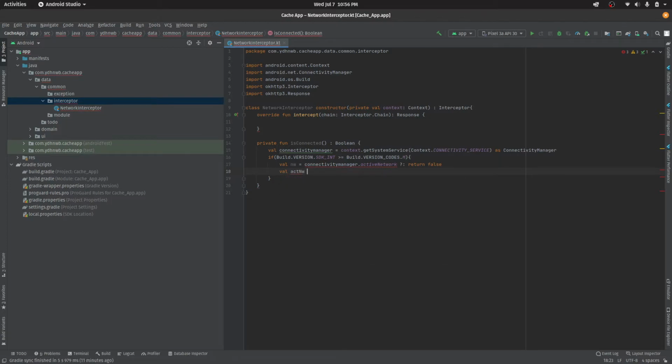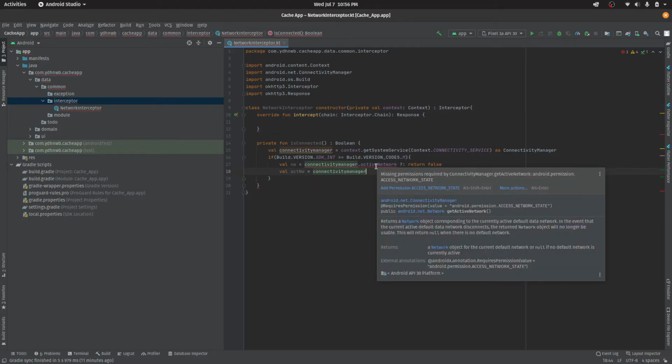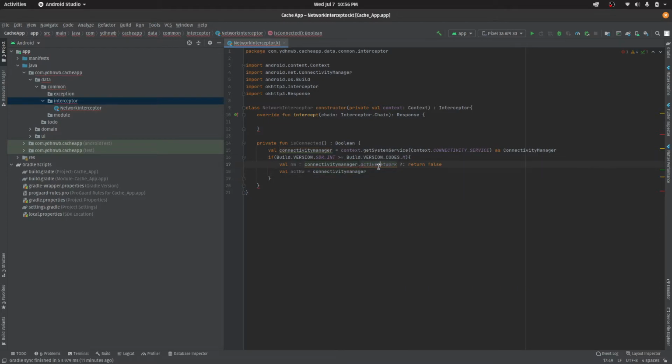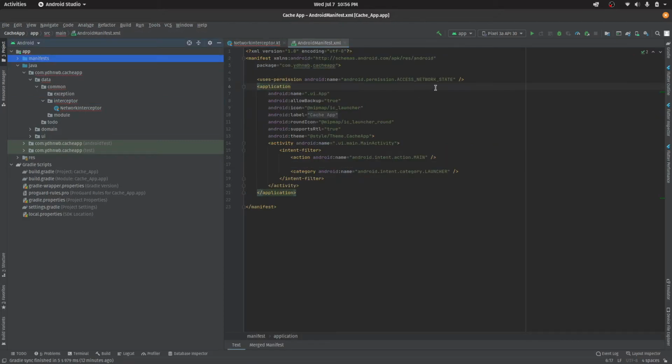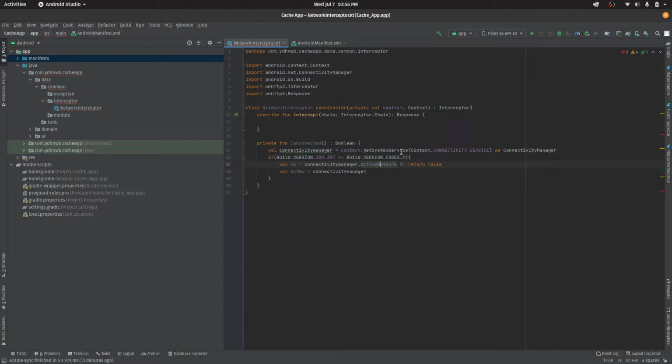Active network is going to be connectivity manager. What is this? Connectivity manager, active network. Missing permission, just alt enter and then add the permission network state. It will add the permission automatically. Just get network capabilities of anyway. If no, we need just to return false of this method, and then we'll also return